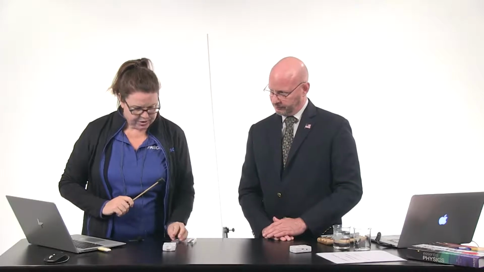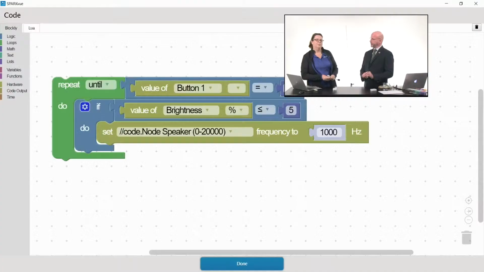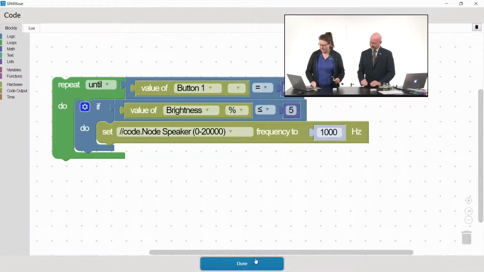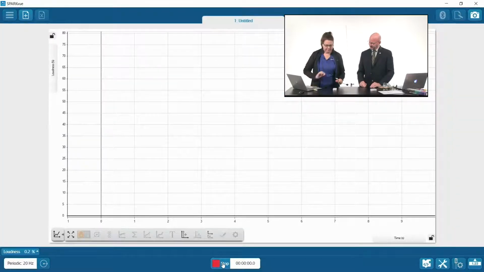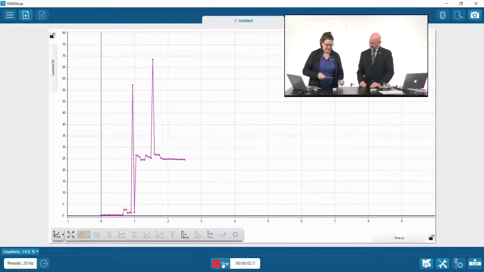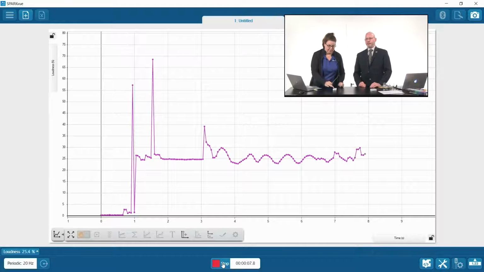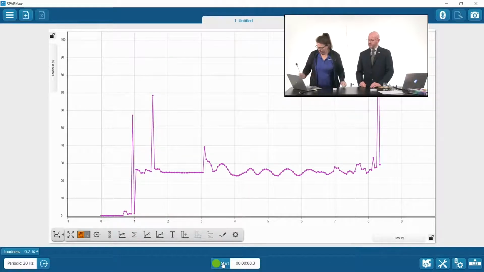I set it at 1,000 hertz. So let's start with this tuning fork. This is a tuning fork that is 1,000 hertz. It makes a tone at 1,000 hertz. And you wrote a program so that the Codenode will emulate the sound at 1,000 hertz. So if a hertz is a hertz and 1,000 is 1,000, they should sound the same, yes? You think they're going to do it? We'll find out. All right, here we go. I'm going to click done here and start my program. Cover my light sensor. It sounds the same. Pretty cool. I hope our folks at home can hear that it is the exact same tone.